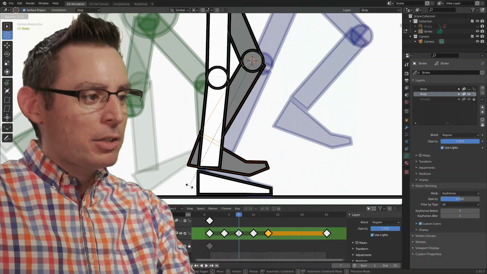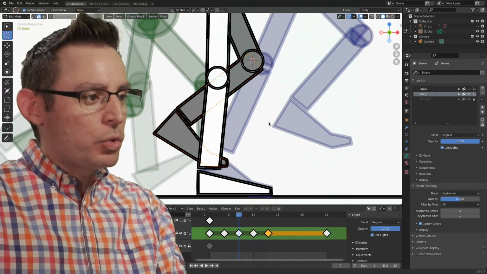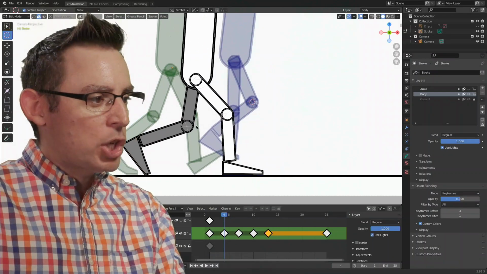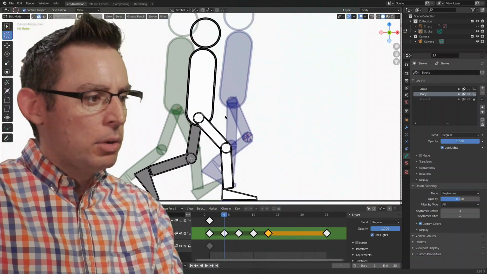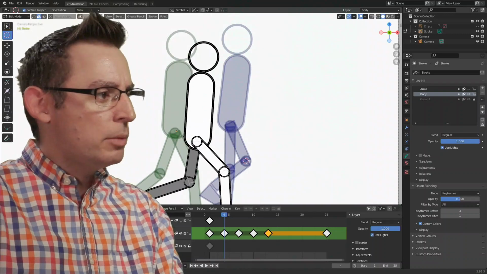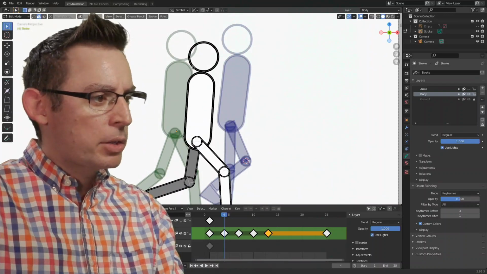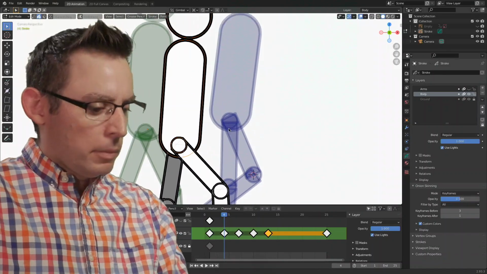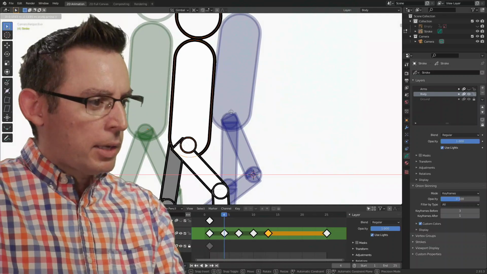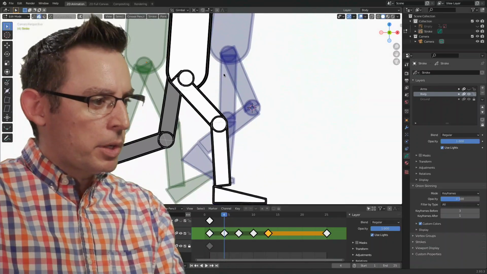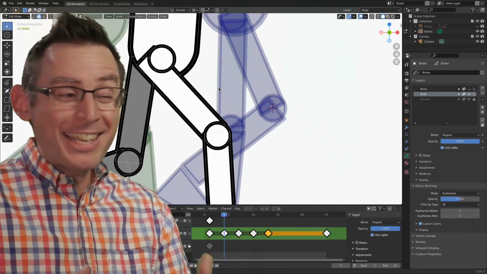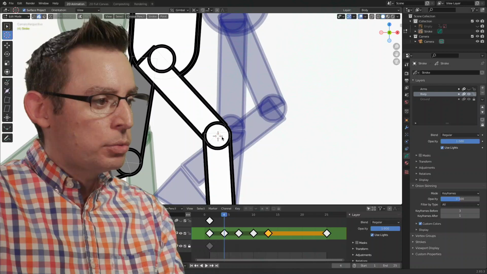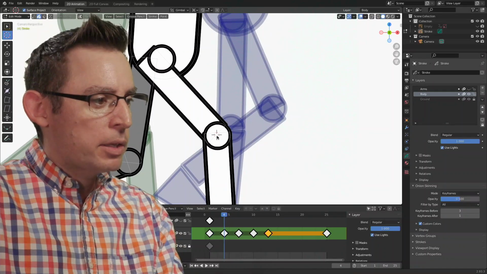So having that cursor in here is a really great tool because I can very quickly go in and make some sweeping changes. Like for example, I think I need to change the location of my character here. It's way too far back. I'm going to grab him, move him along the X, somewhere right around there. Yeah, there we go. Now check it out. Look how fast I can edit my armature using the 3D cursor as a tool. And put my 3D cursor kind of right in the center of that knee.